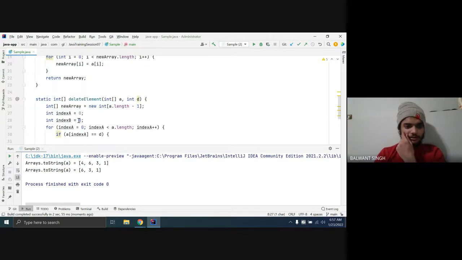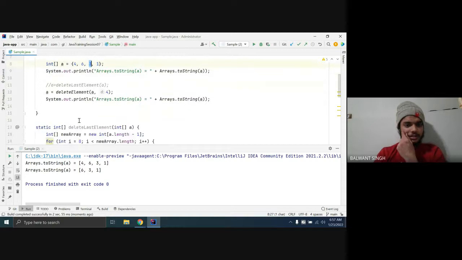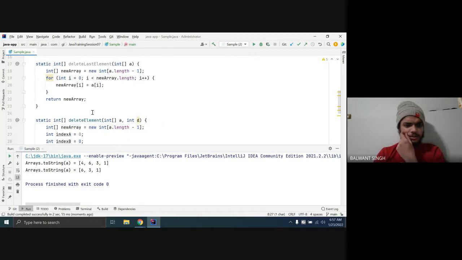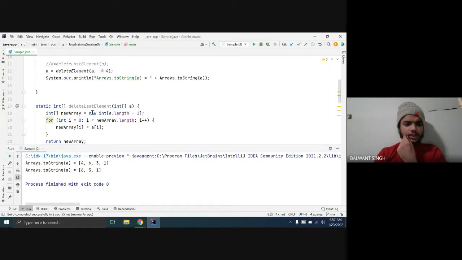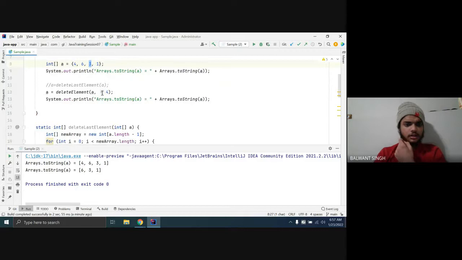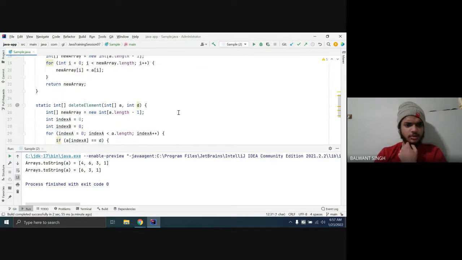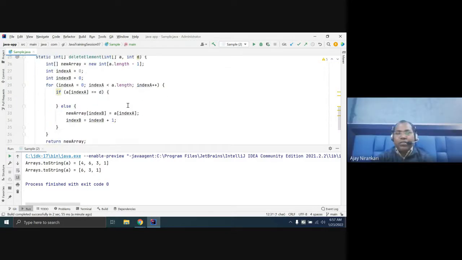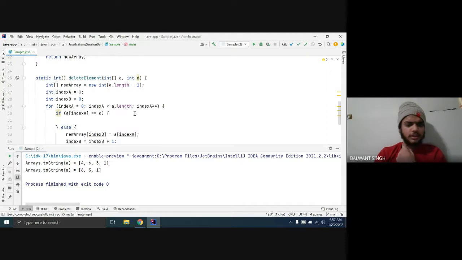And let me try for the index. Like here in the parentheses, we will put the index. Instead of the int d, we will put the index.